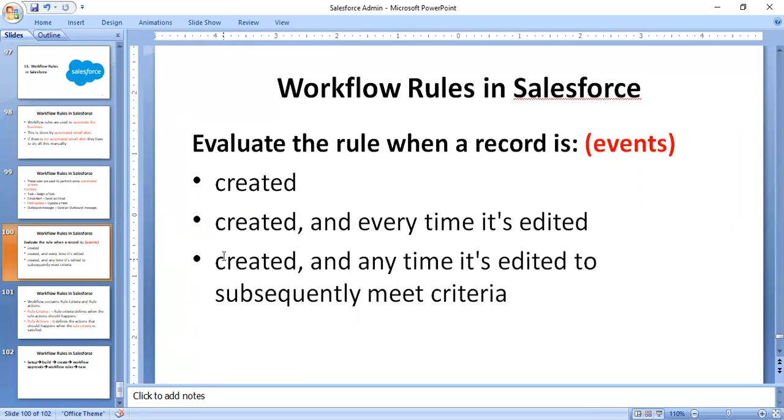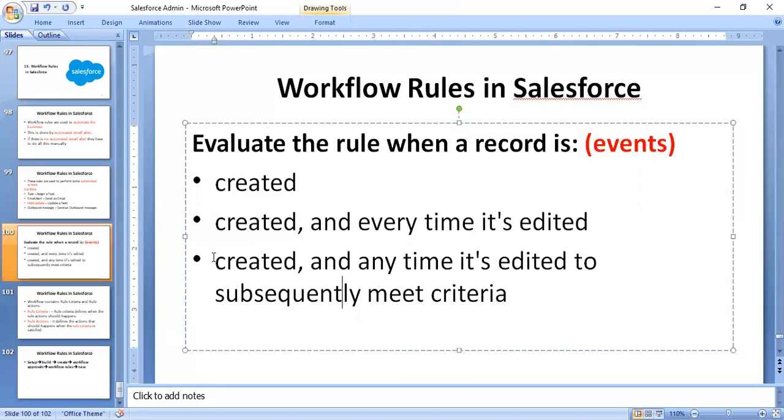The third type of event is when a record is created, and anytime it's edited to subsequently meet the criteria, then perform the update action. That means if an event occurs, the corresponding action is triggered.